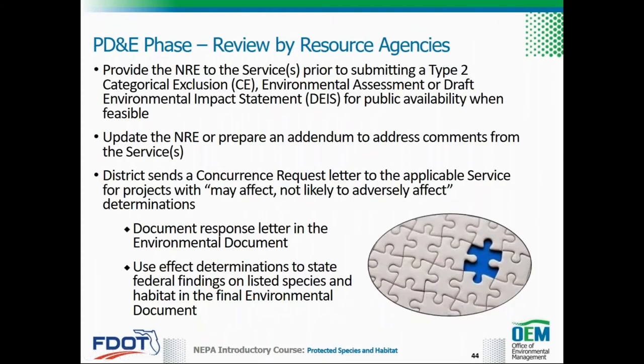It is recommended that the NRE be provided to the services before submission of a Type 2 CEA or Draft Environmental Impact Statement, or DEIS, for public availability when feasible, especially if they are a cooperating agency. After OEM review, the NRE can be distributed to the services and cooperating agencies. If the district receives comments from the services, an addendum to the NRE should be prepared. If the environmental document is an EA, EIS, or SEIR, it should also be updated to address comments from the